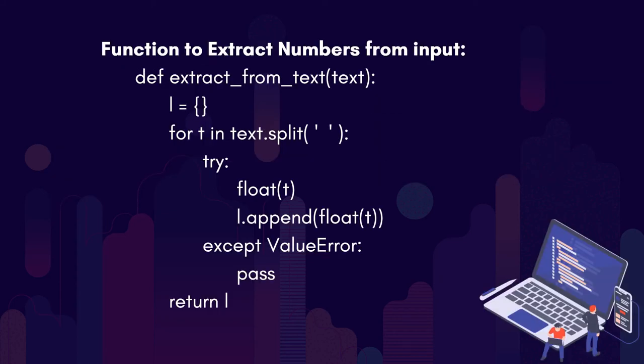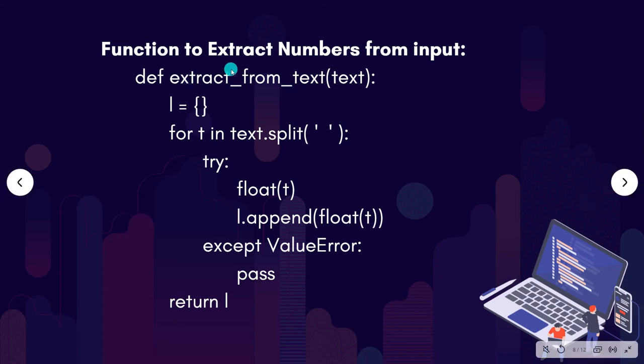So now we are done with most of the part of our program. Now the main logic is left. And how will we do that? Whenever the user enters any text having some words like hey, hi, can, you, me, which are not important for calculating the result, they will be eliminated first. So the program will not focus on them. The program will just focus on the values that are numeric and on the operation. And how? So here we define two functions. First, one that will extract the numbers from the input, whatever the syntax will be. Second, in which we will use these numbers to perform the operation.